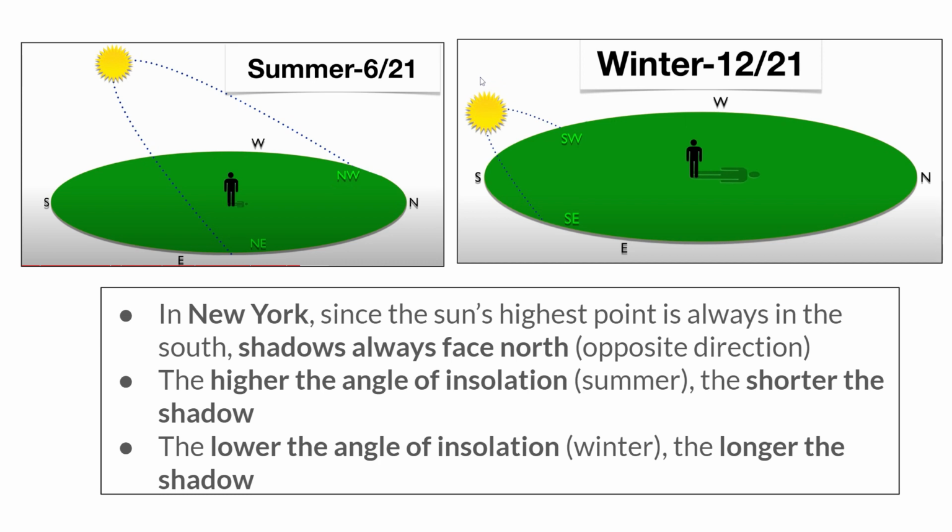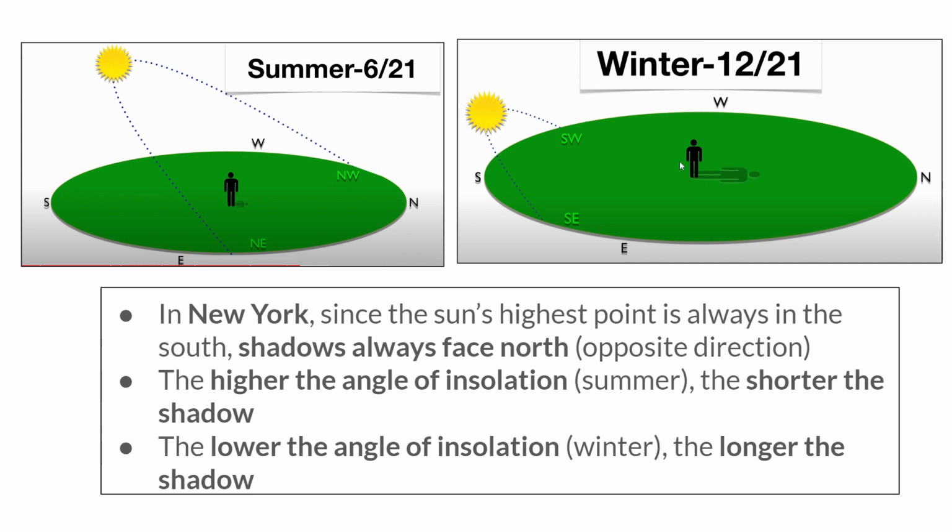the south, right? If the sunlight were to create shadows, then those shadows will point opposite the location where the sun's rays are coming from. For instance, if the sun's highest point is towards the south, at this point your shadow will be in the opposite direction, towards the north, just like this. Same thing in the wintertime. The sun's highest point is in the south. My shadow will point towards the north. So shadows are always the opposite direction of where the sun is.